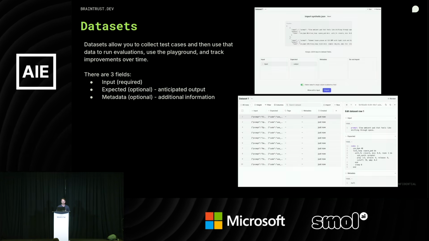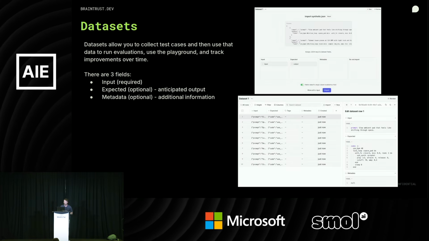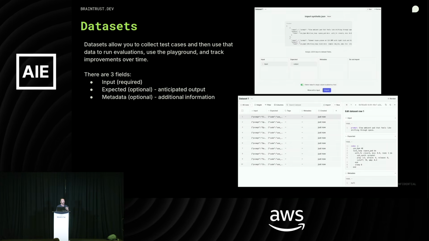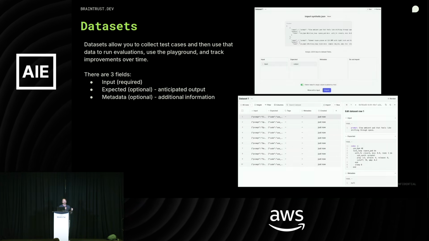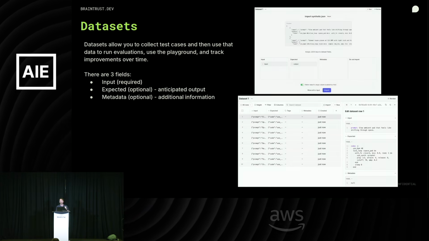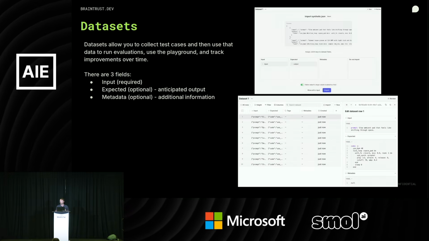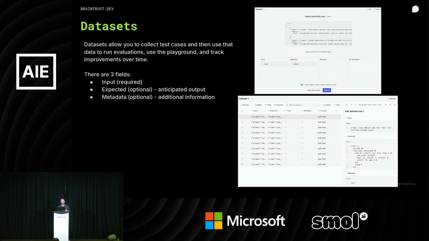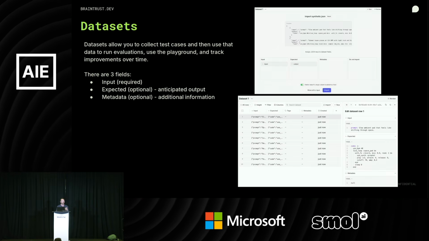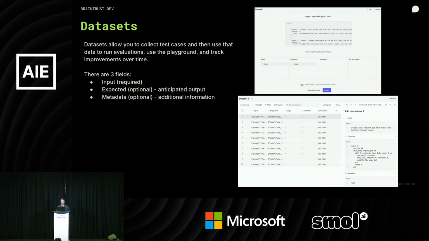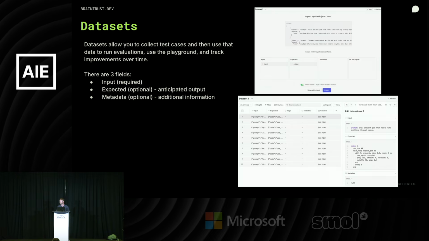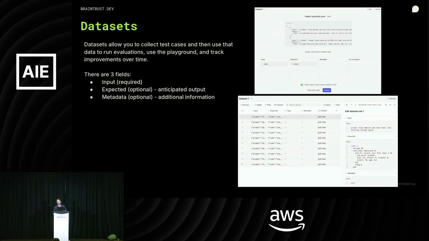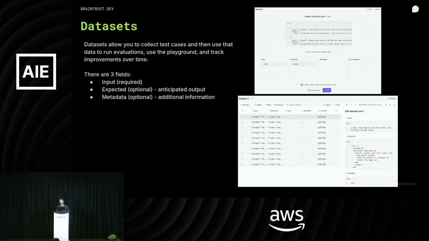But if you look there at the bottom, the only thing that's required is the input. You also have the ability to add expected. So what is the expected output for that input, right? You can create some sort of score that looks at the output with the expected. There's a score called Levenshtein that allows you to measure the difference between those two. So you can do some different things based on what you provide to that dataset. You also have metadata as well, again, being able to filter down different things, pulling the dataset maybe into your own code base, and I want to filter by, again, X, Y, or Z via the metadata. That's all possible.